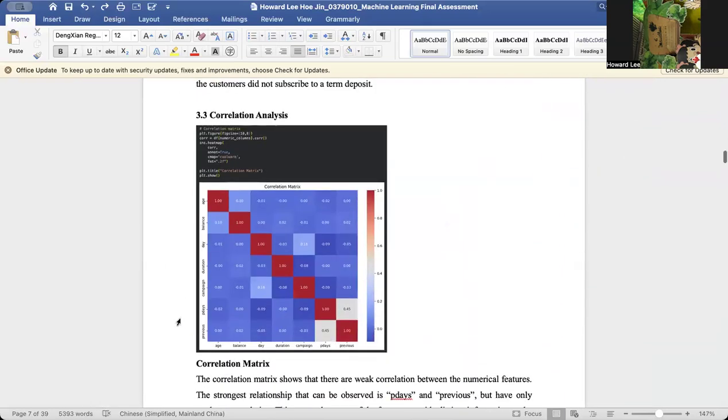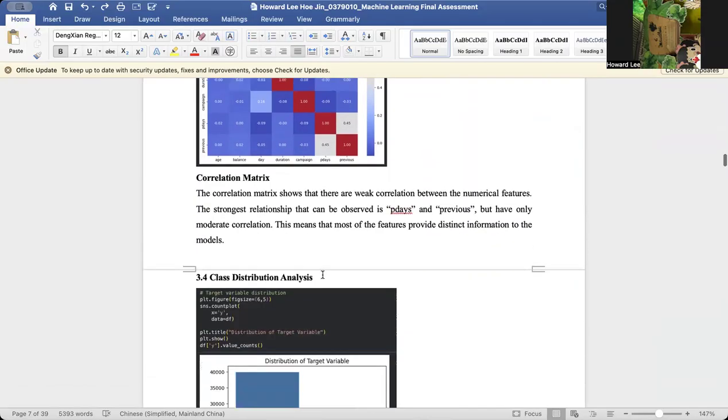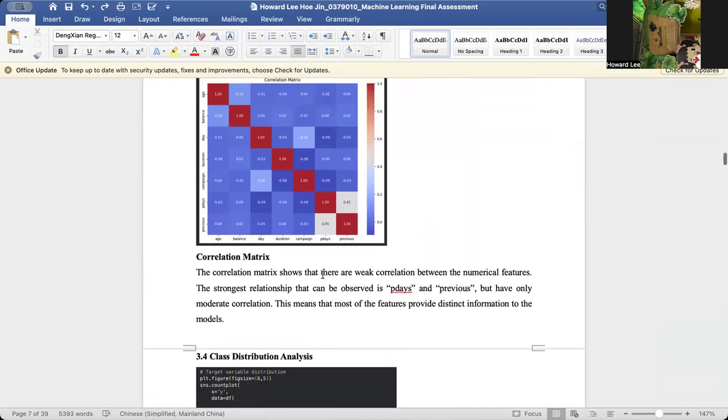Now we move on to the correlation analysis. From this correlation matrix, we can see that there are weak correlations between the numerical features. The highest one is between pdays and previous, which is 0.45. This means that most of the features give distinct information to the model.